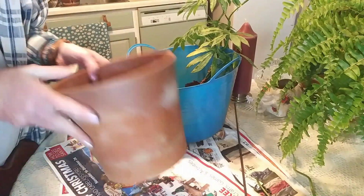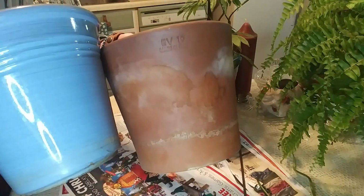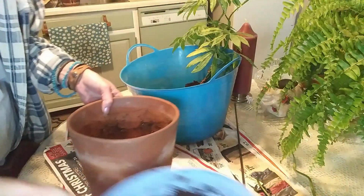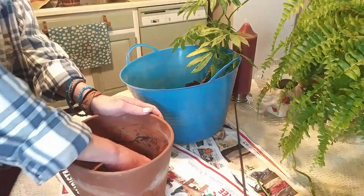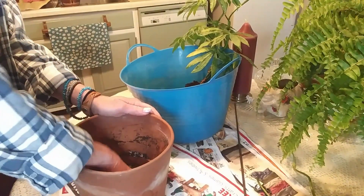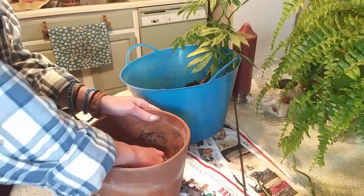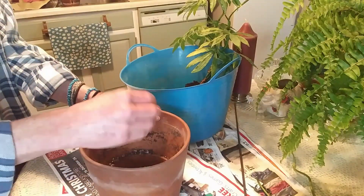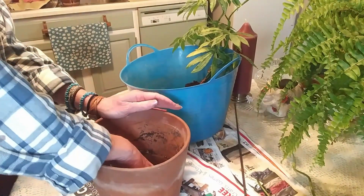Okay, I grabbed this bigger terracotta pot. It is about the same size as the plastic pot, but I was afraid that that plastic pot was holding too much moisture. So, just to make myself feel better, because I overwater, I have to be careful. So what I am going to do is,